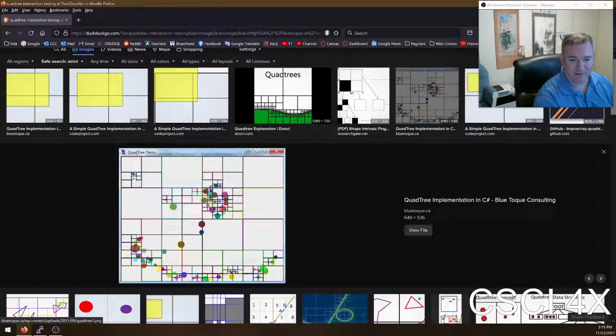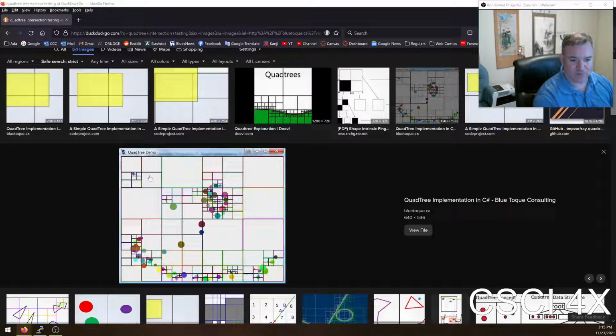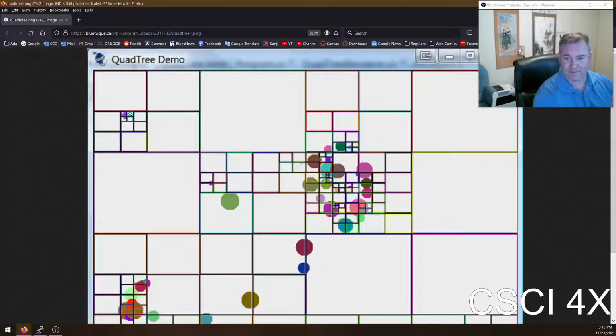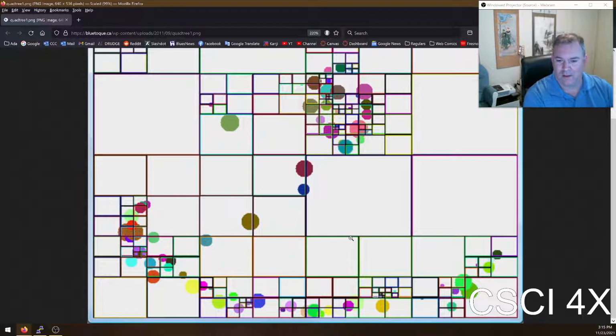Now, if there is something in that region, then you have to traverse down the tree. And so tree depth can become an issue. If you have super, super deep trees, then actually traversing the tree can be a problem. And so there's different heuristics we use to try to minimize the hunting time to find the right region. But basically they're really useful for collision detection, if you're going to do ray tracing,